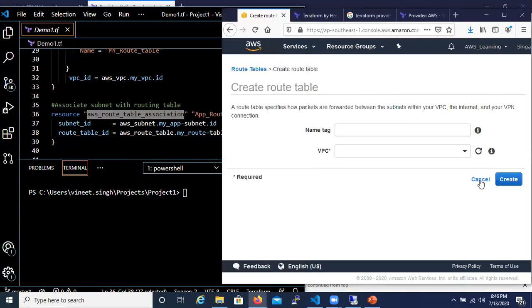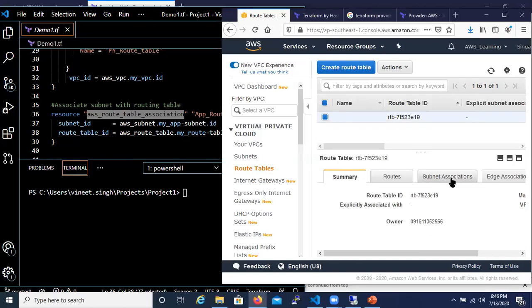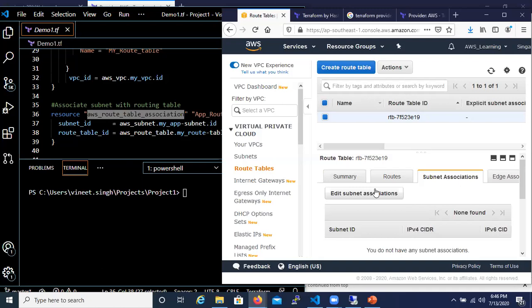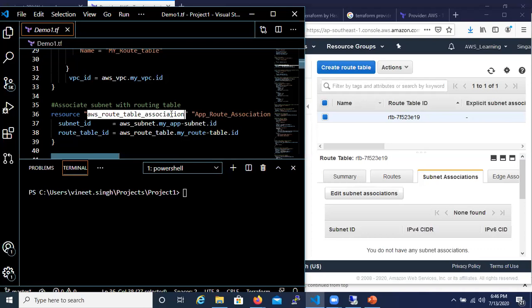So in here, if you see, let's say this is my routing table, you have an option for subnet association. We click on edit and then map the subnet. So similar to this, when I'm trying to do it via code, this is my resource type, and this exact detail you will be able to get from the Terraform provider documents. Then this is the name and subnet ID. Now I don't know the subnet ID, right? Because in here, where I'm trying to associate, I will have to mention the subnet name.